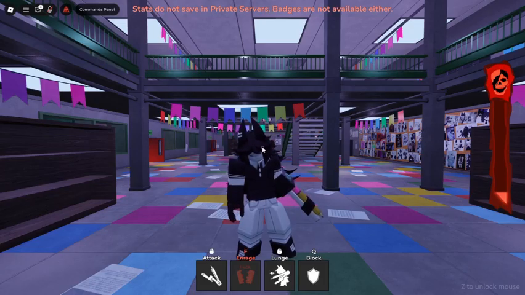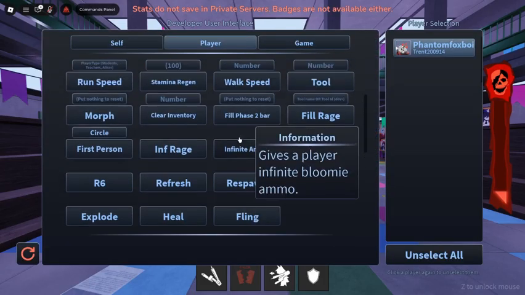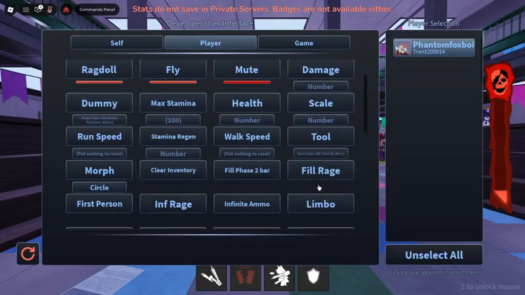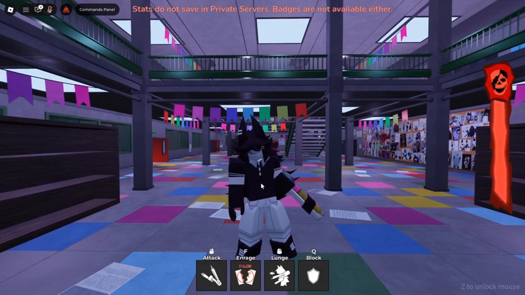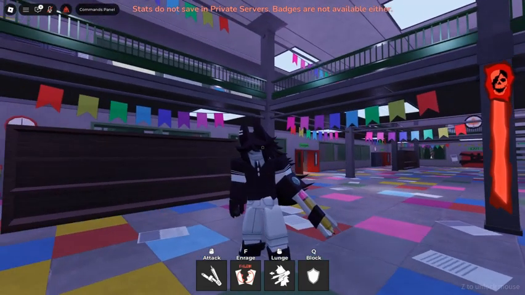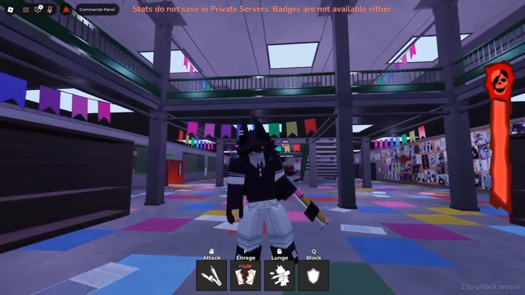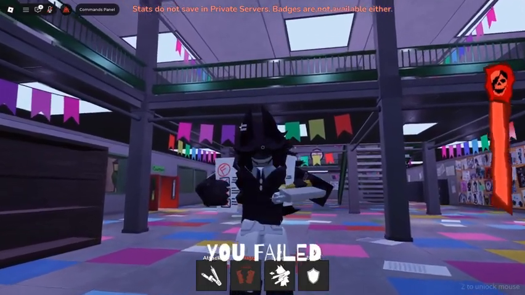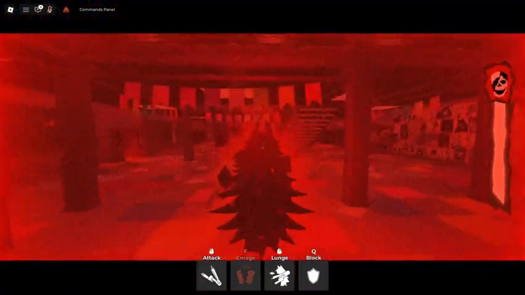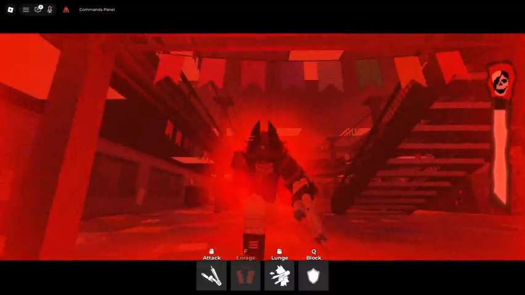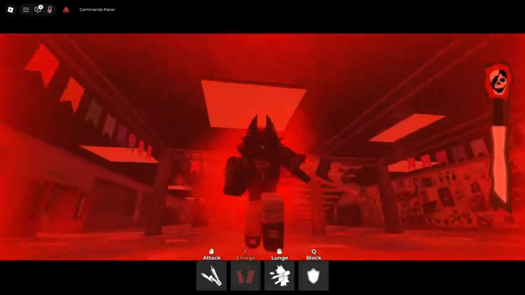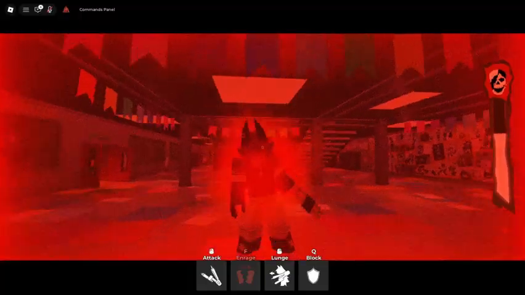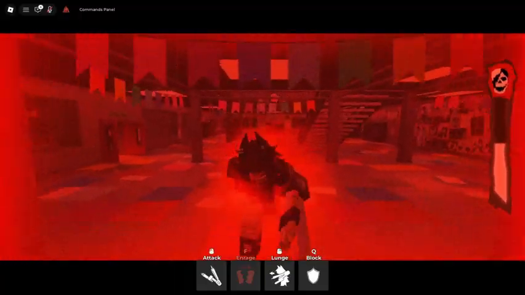Luckily I have commands since I'm in a private server, so I can actually just fill up that rage meter. Yep, see? There you go. So now I can hit this. Epilepsy warning, by the way. This could be an epilepsy trigger, but basically, you hit the F ability, she rips the intestine in half, and yeah, this happens. Miss Circle gets this red glow around her, and she becomes a one-shot kill now. So anyone I kill will become a one-shot.